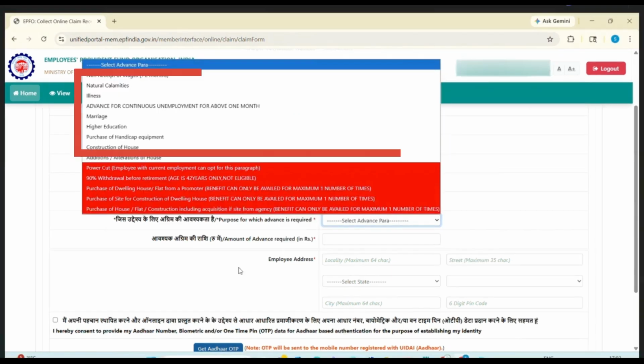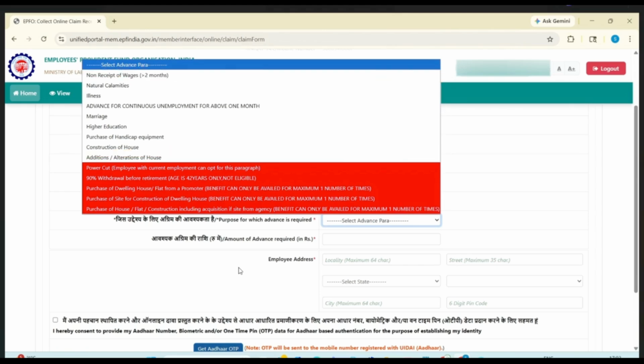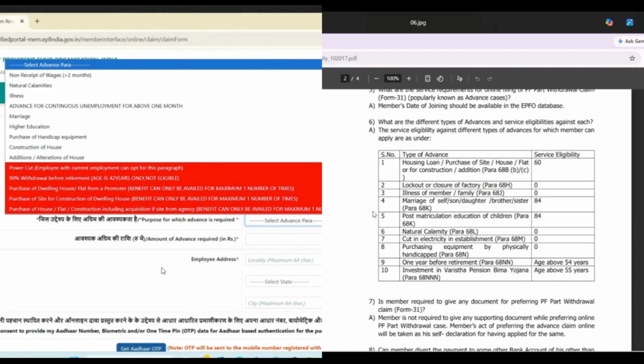Now select the purpose of withdrawal. The following options are available. The red color shows that the option is disabled. You cannot select these options. You have to select any one of the options. Under the available options, here you will see that for housing loan,